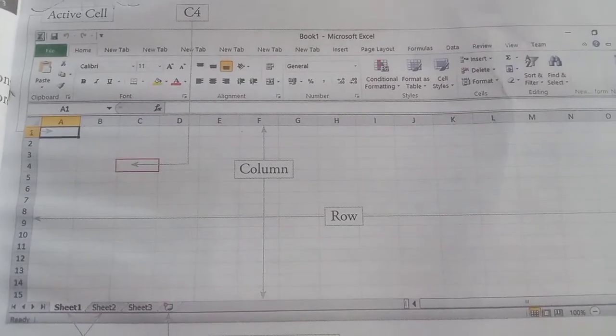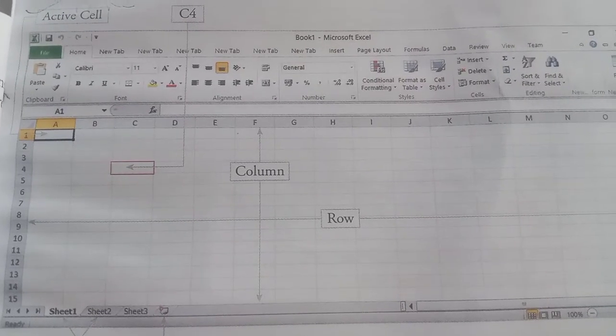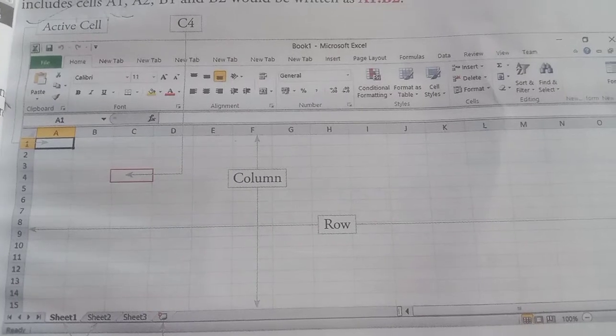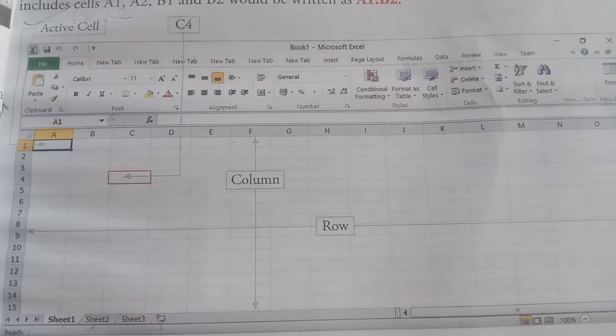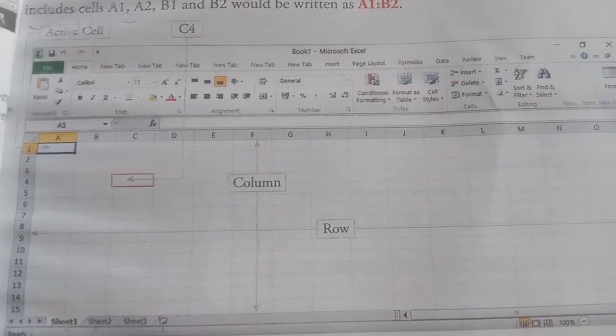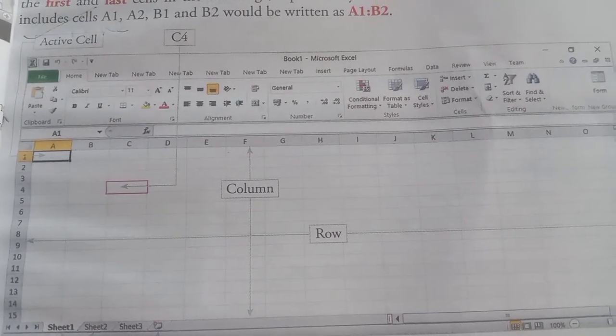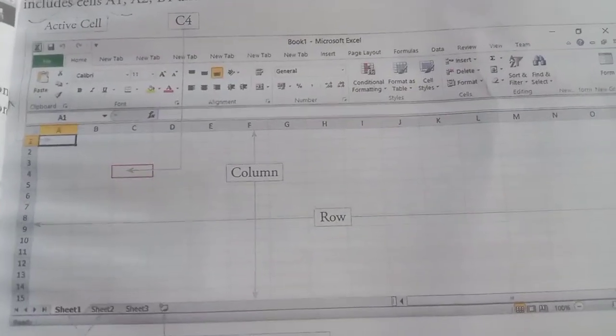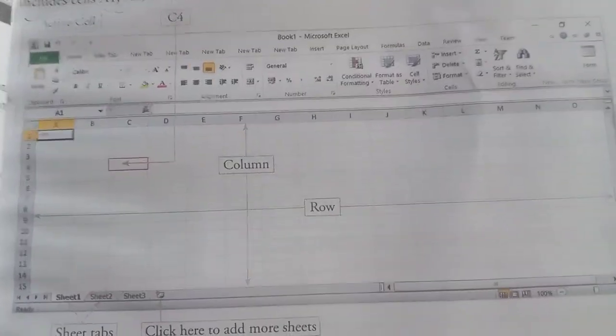After right clicking, you get the option of Rename. Click on the Rename option. Automatically the name of the sheet gets selected, and you can change the name of the sheet as you want. So these are the two ways through which you can change the name of the sheets.